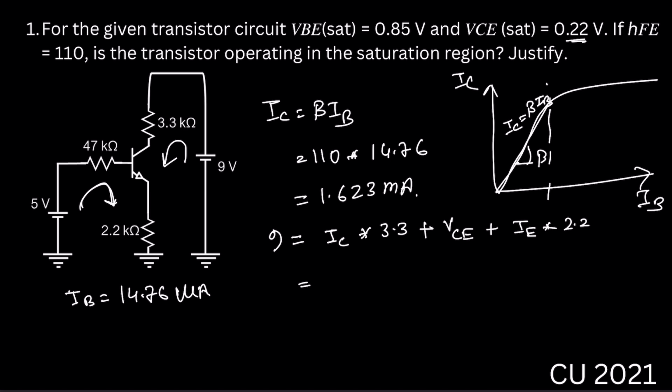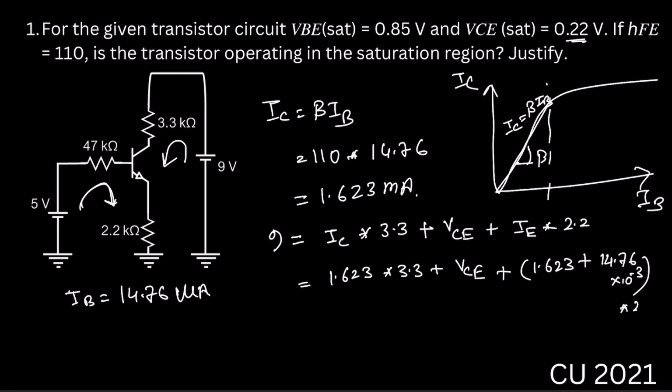So IC is 1.623 milliampere times 3.3, plus VCE, plus (1.623 milliampere plus 14.76 into 10 to the power minus 3) into 2.2, equals 9. From here we can write down the value of VCE will be